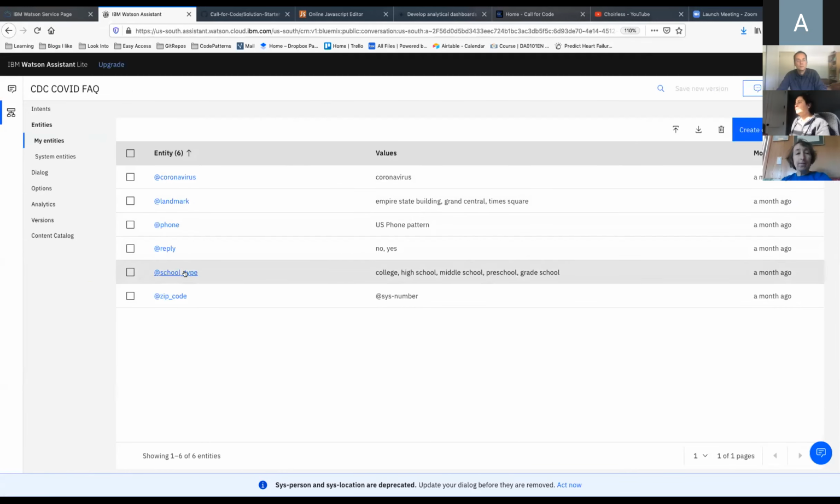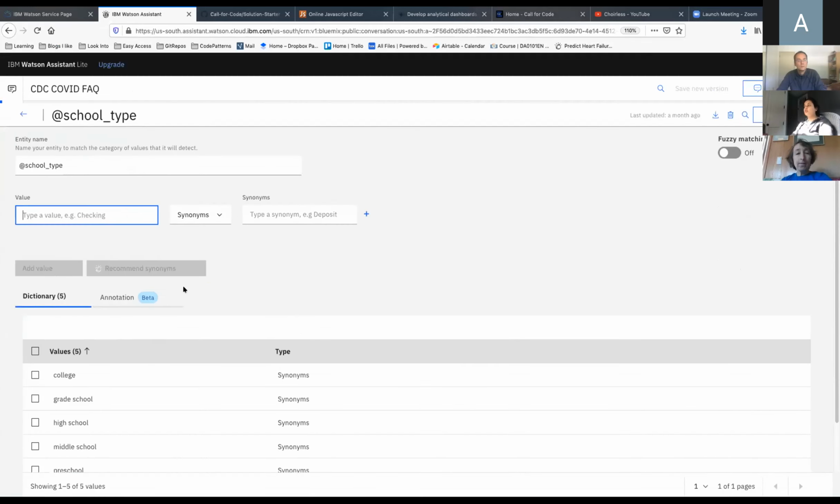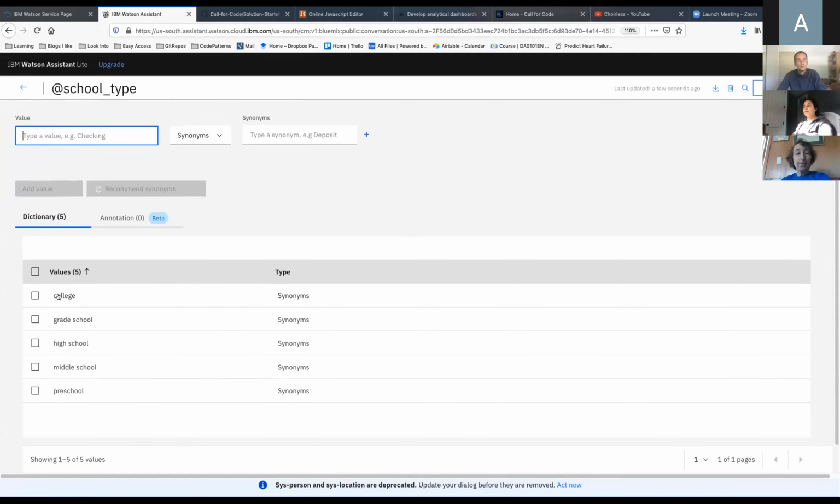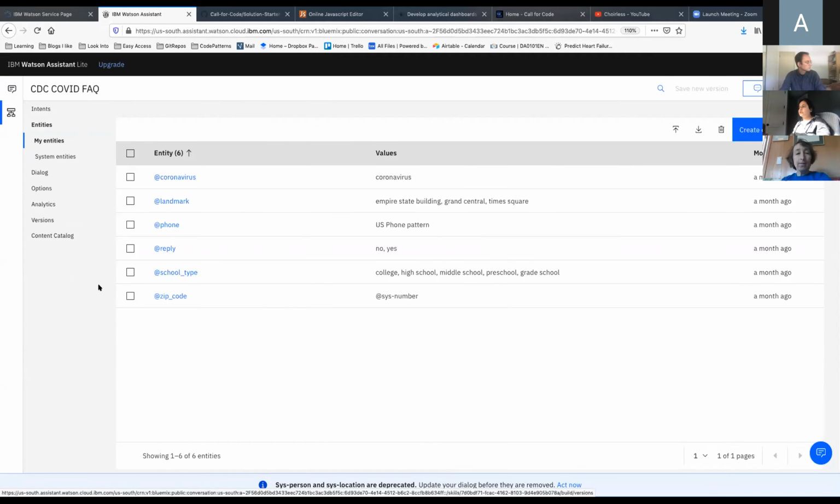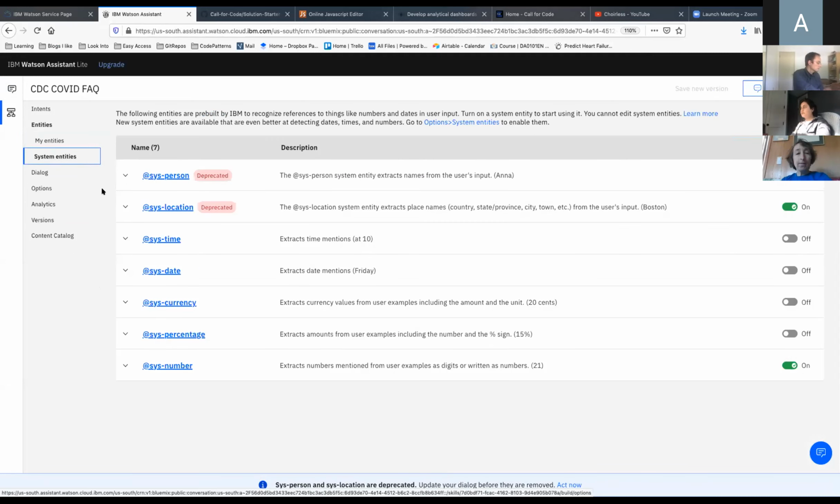And then let's say we also have an entity called school type, for example college, grade school, high school. Maybe there's an entity out there that we care about, what kind of school somebody is part of, and we have some sort of conversation around middle schoolers or high school and things with COVID. So once you have a lot of that, I wanted to also show a little bit of system entities.